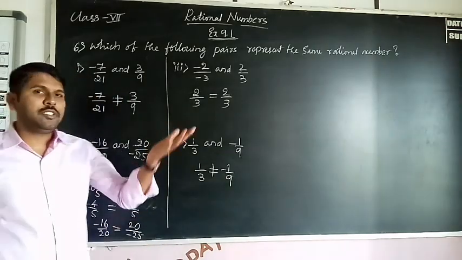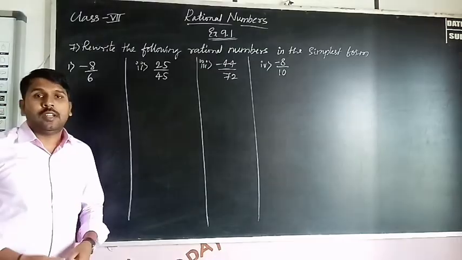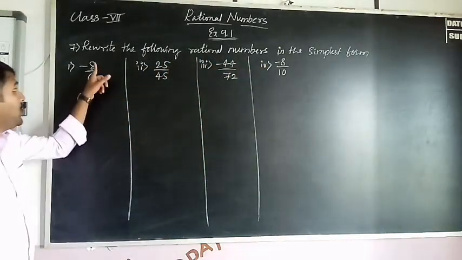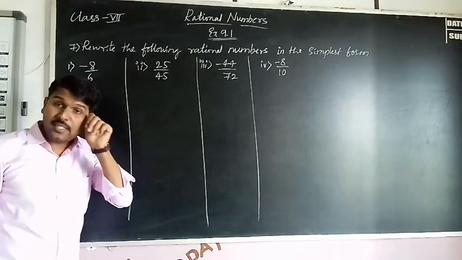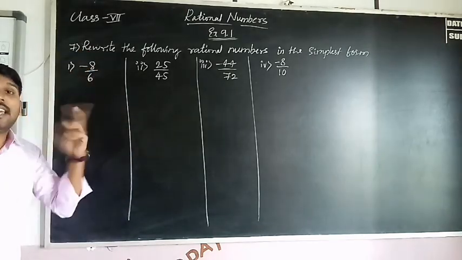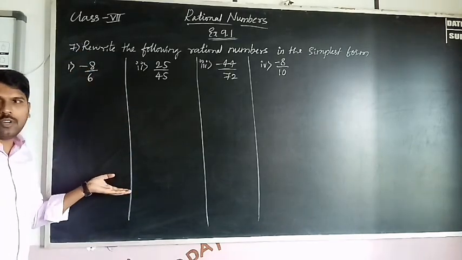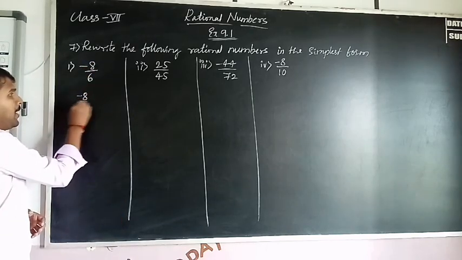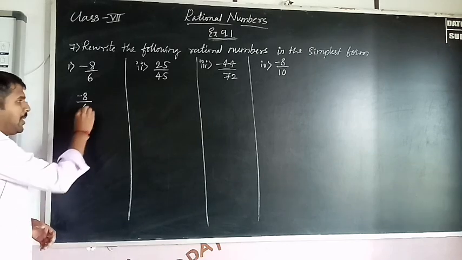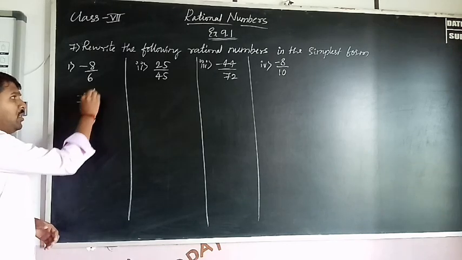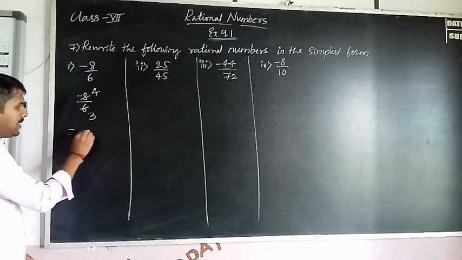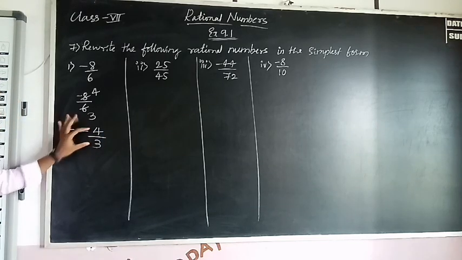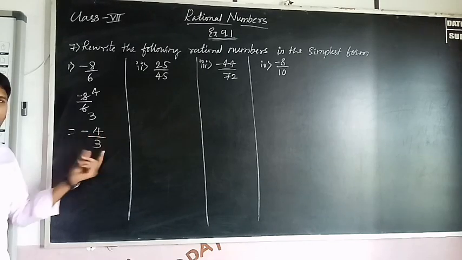Okay. Next 3 questions are there, right, reversal. Next, the 7th one: rewrite the following rational numbers in the simplest form. So here minus 8 by 6 is there. Simplest form means there are no common factors other than 1. Now, I told that only in the 6th question. So here minus 8 and 6 are both even numbers, divisible by 2. 2 3s are 6, 2 4s are 8. So what do you get as the final answer? Minus 4 by 3. Is there any common factor other than 1? No. That means the final answer is minus 4 by 3.